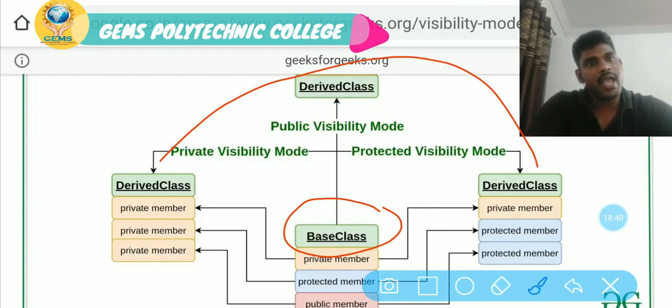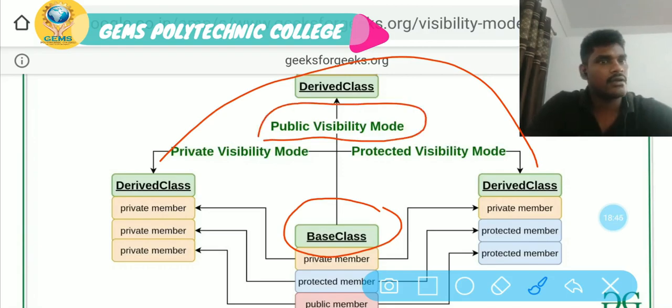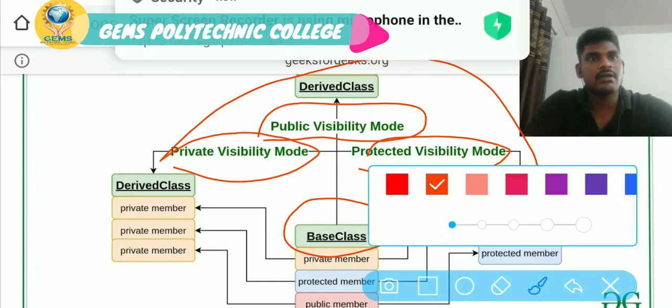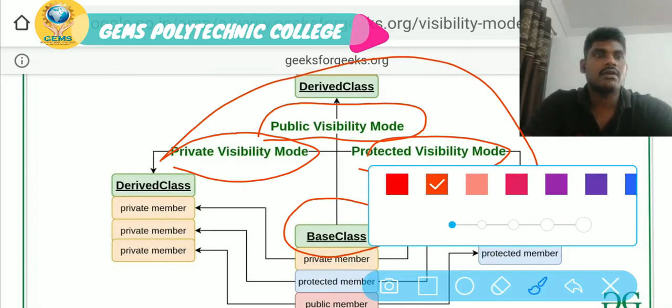Now listen, there are three access specifiers. What are they? The first one is public, protected and private. These three are given. What are the members given? Look here carefully.